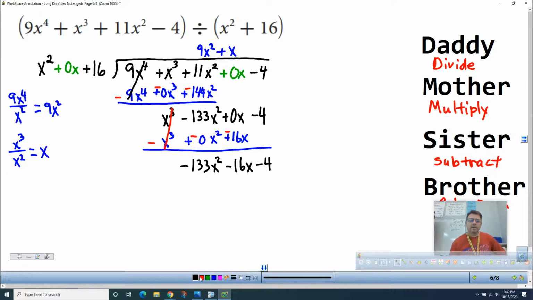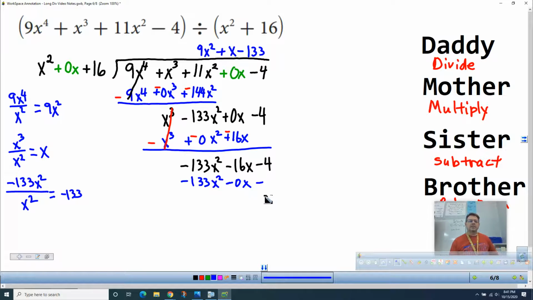All right. We got one more step here to go. We got negative 133x squared divided by x squared again. That leaves me with just negative 133. So minus 133. So we multiply negative 133 times x squared. Well, that's just minus 0x, and then we got